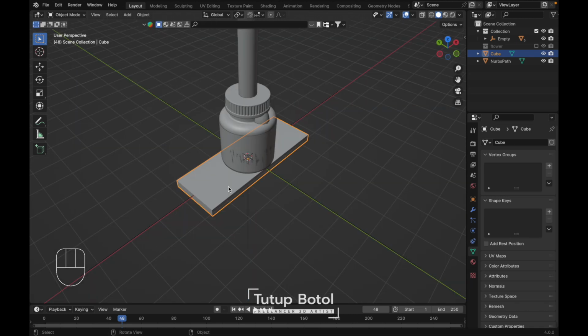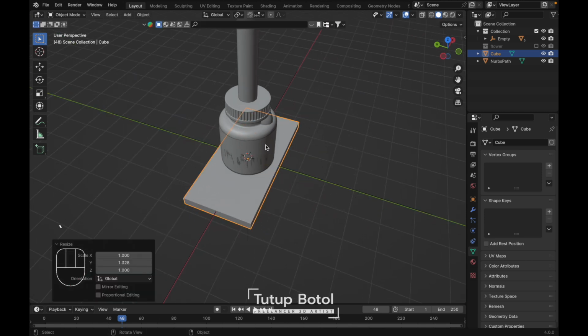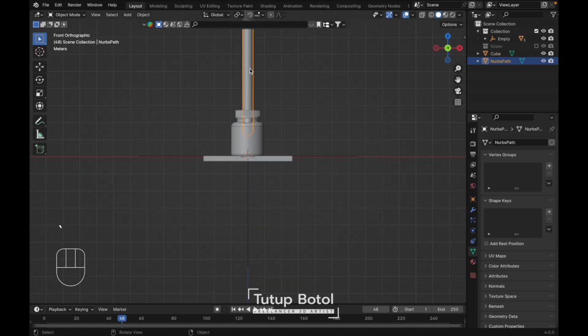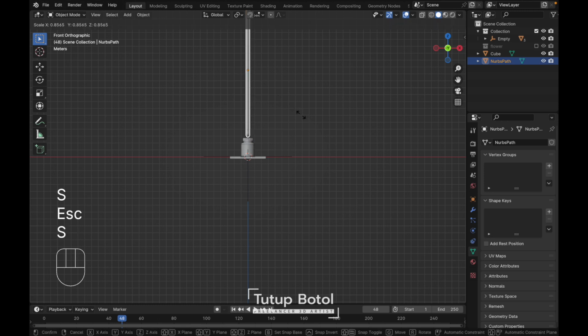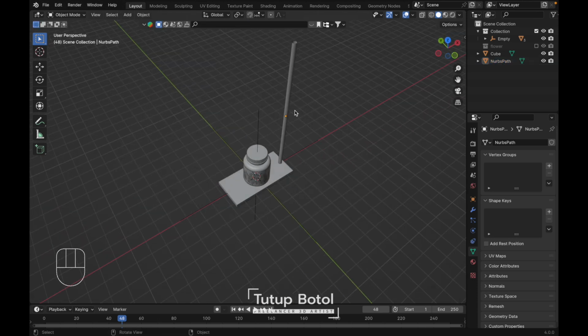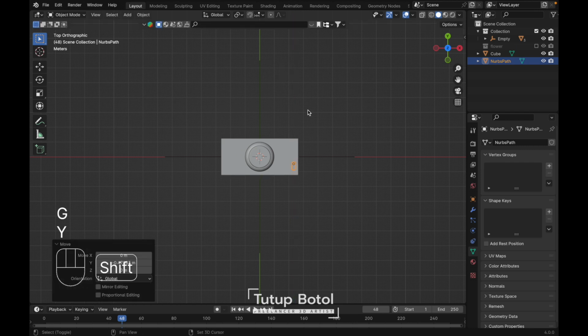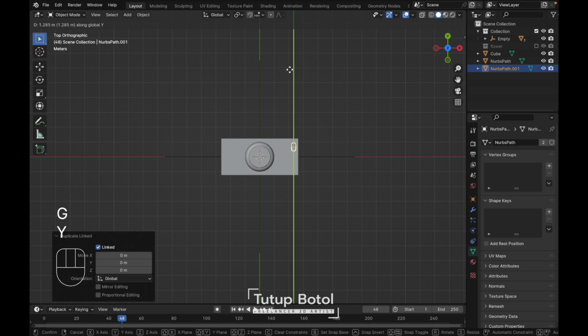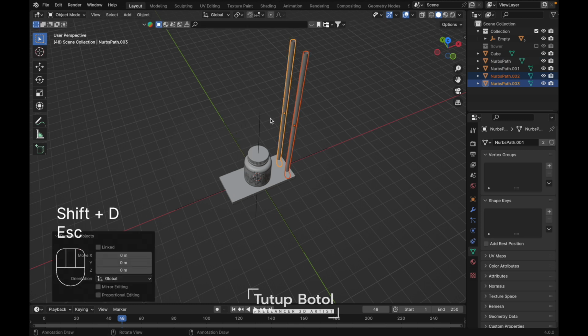Scale it. Yeah, something like this. Select this cube, press S, Y, something like this. And for this rope, we need to scale it down. Press G, just put it here. Yeah, I guess something like this. Go to the top view, G, let's adjust the rope, Shift Alt D to duplicate it. Press G, Y, just put it here, something like this, and Shift D, G, X,